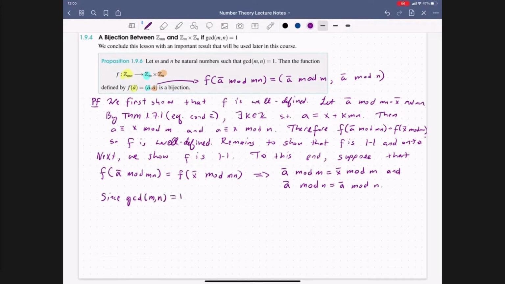Is equal to 1. We have the corollary. So by the corollary to CRT, this is the statement that we just proved, this is 1.9.3. So by corollary 1.9.3, we have that a bar